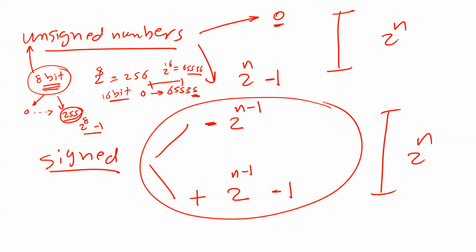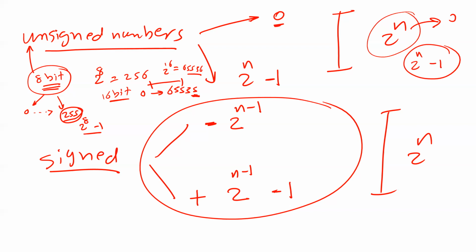Because you have 0, this number is already so. The whole space is 2 to the n. Is that okay? This is an even number, so you can cut it in half because it's even, right? However, if you remove 0 from here, you are going to have 2 to the n minus 1. This number is odd, not even, so you cannot cut exactly in half. That's why one side should be greater than the other. That's true. Okay, so that's what you'll see.